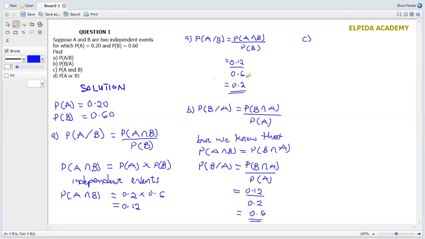Find probability of A and B. When you have A and B, the ∩ here means intersection. So probability of A and B is equal to probability of A intersection B. And you know, for two independent events, probability of A intersection B is equal to probability of A times probability of B, and this gives us